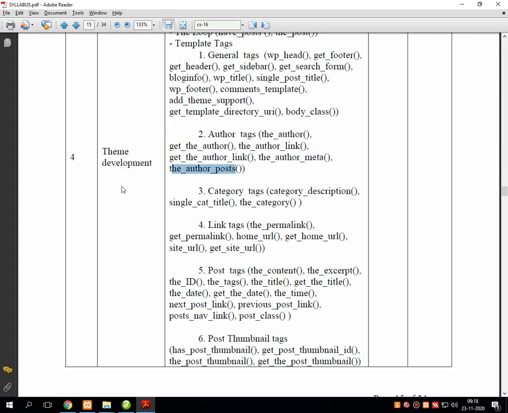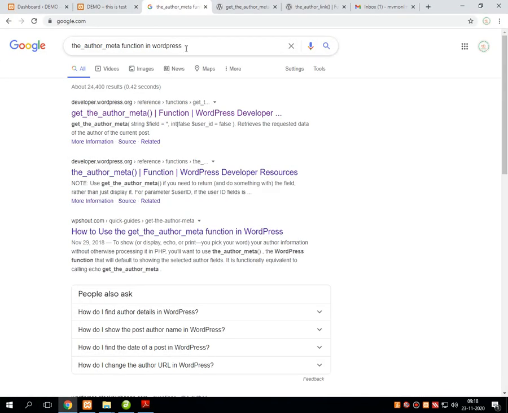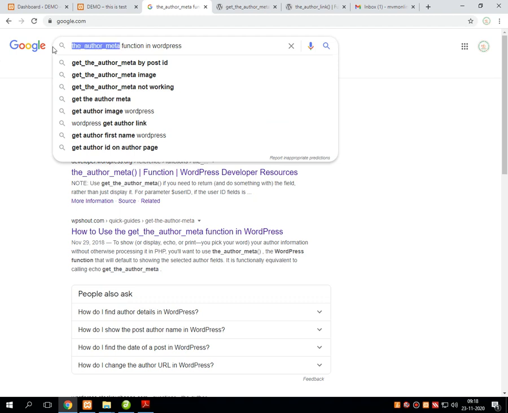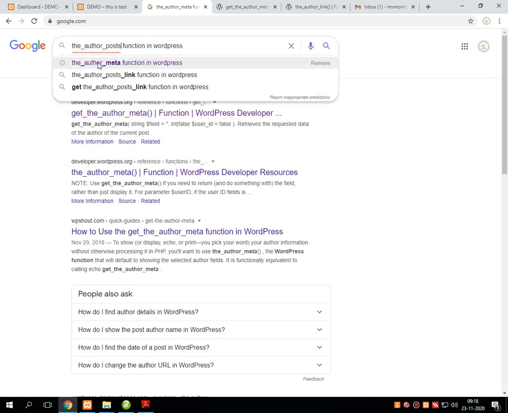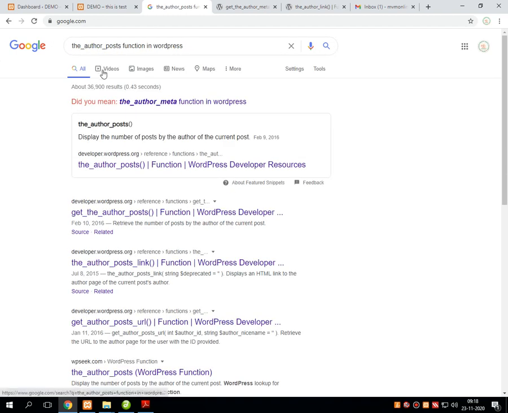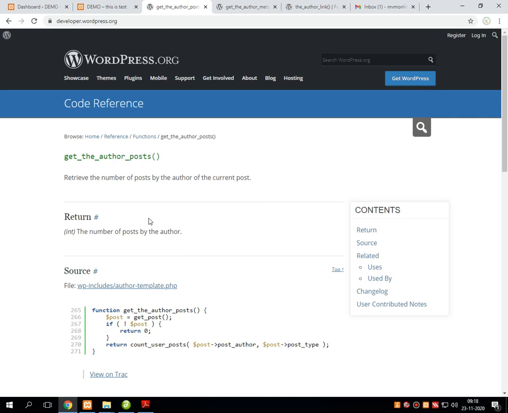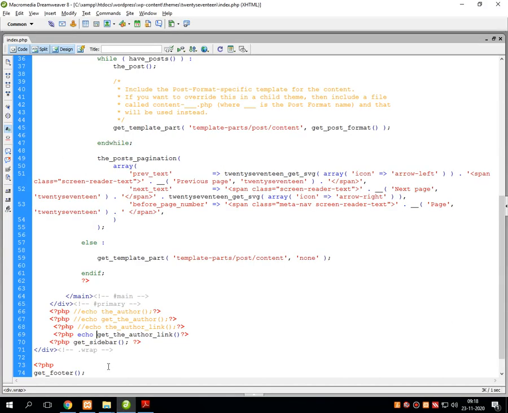Next is the_author_posts. This particular function retrieves the number of posts which is created by the author in WordPress. A very simple usage of this particular function can be like this.